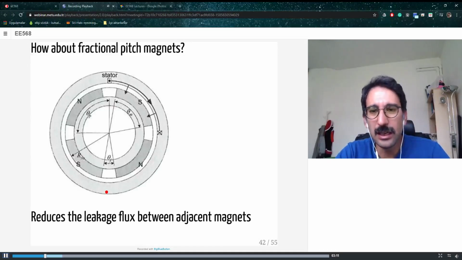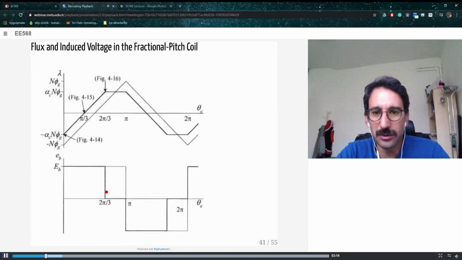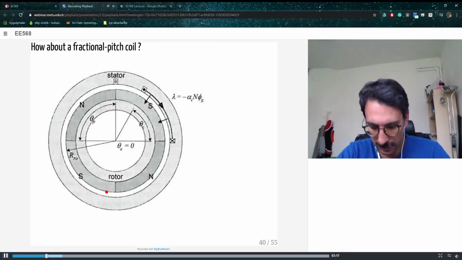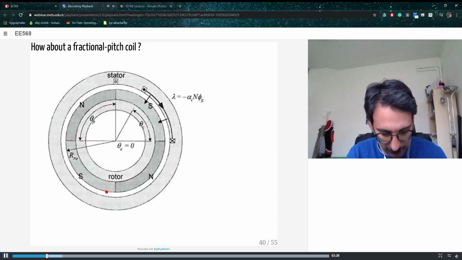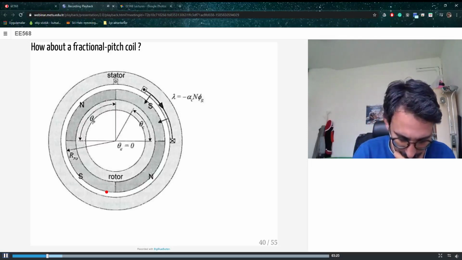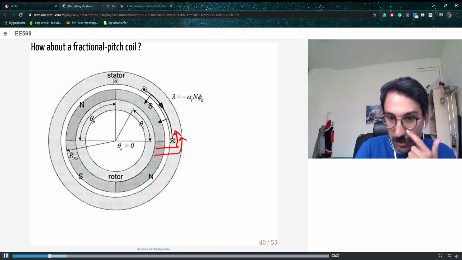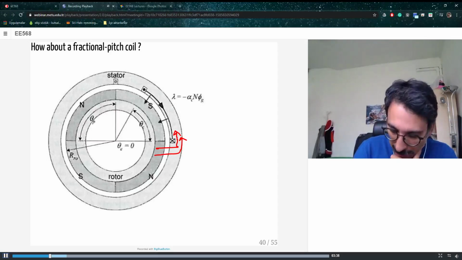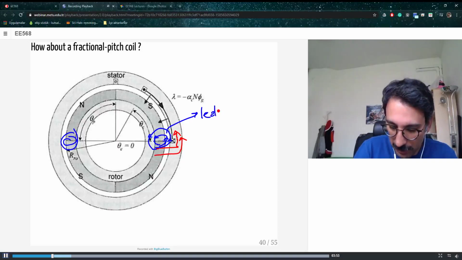Okay. Then we can look at the disadvantage of the previous one. If I just open it, let me try to take it from here. I'm drawing on the tablet. So what's going to happen is, you can have some flux traveling through here, which will be our main flux, but we will also have some of the flux closing their circuits through those adjacent points, and those are not linking the coils. So this is called the